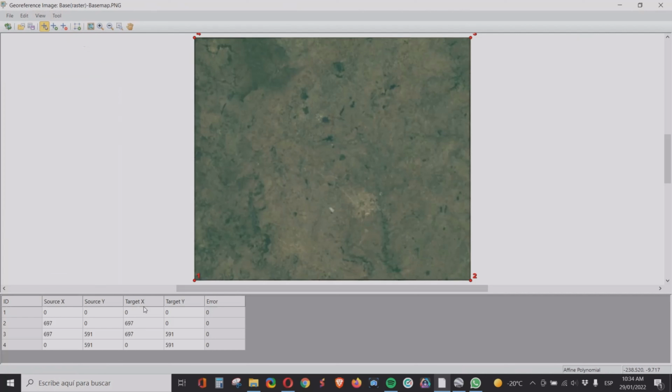So the only thing that you need to do is to come here and put the information. So for point 1, the minimum value for X for UTM, X east will be 358296, and also the minimum value for the UTM north, which will be 680167. Then point 2 will have the same elevation,